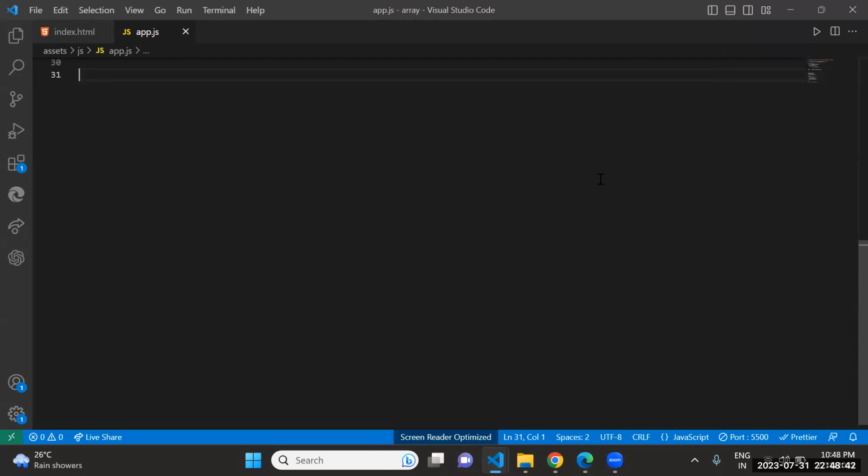What is selector and template? Sorry, sir. What is selector and template? Selector means, sir, selectors.